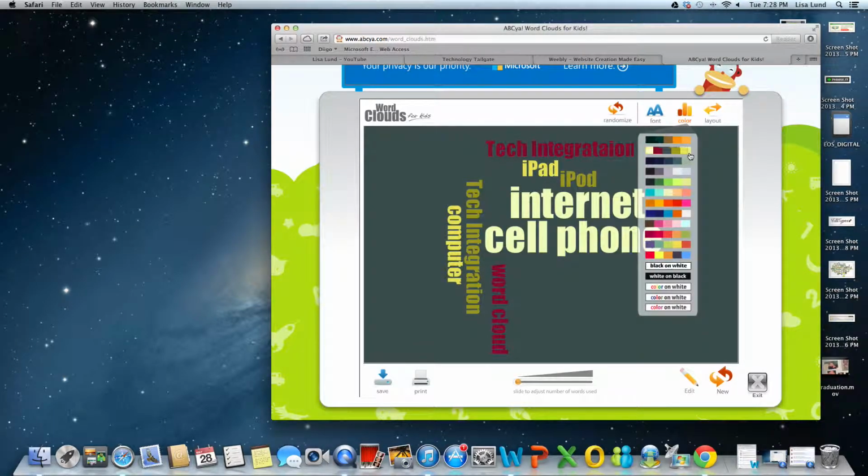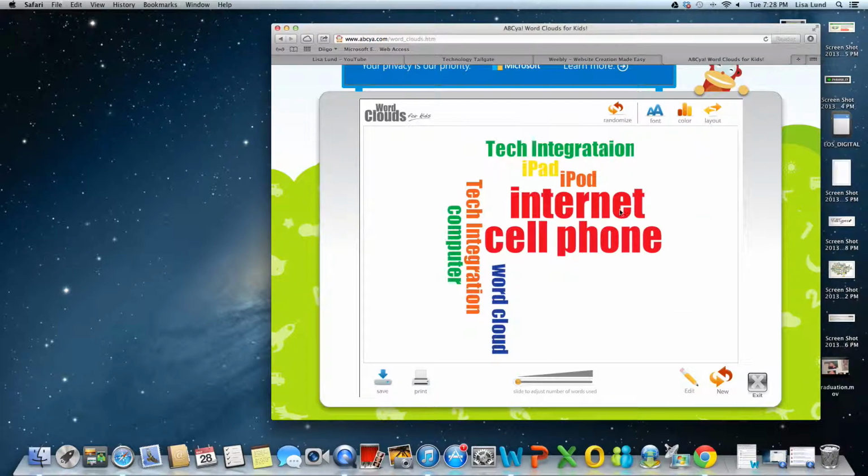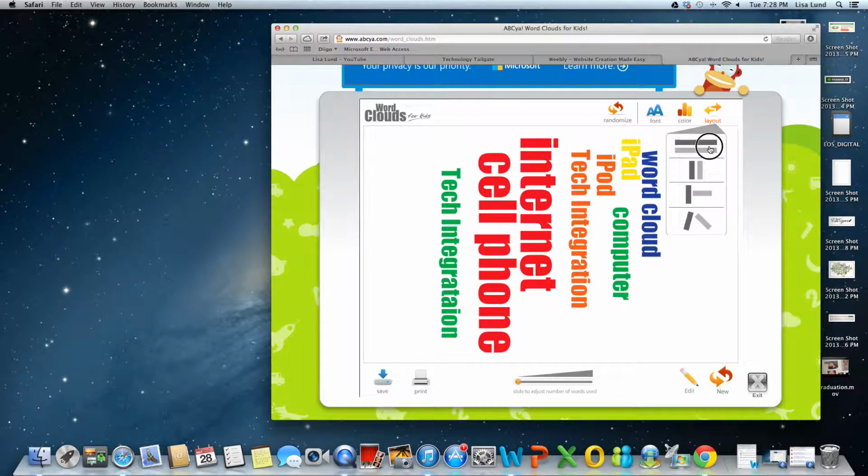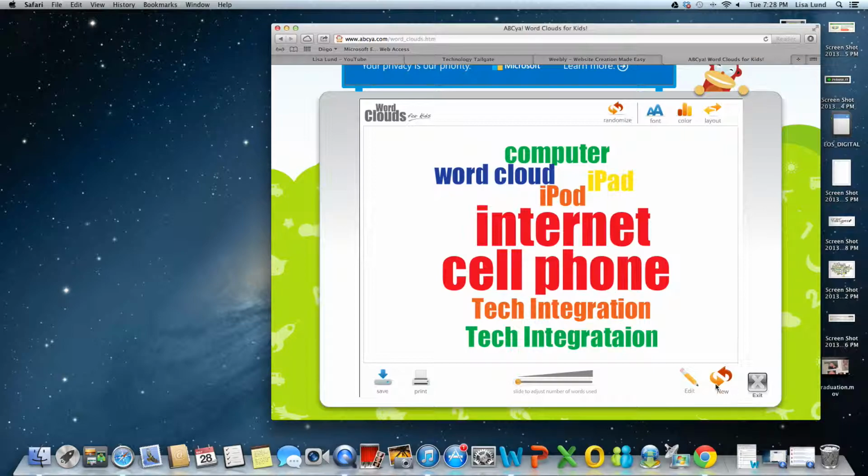And notice that I can scroll through there and see my colors and stop it when I want to. So lots of choices. I can do color on white as well. And again, if I want to change the layout so that it looks like this, then I can, or change it so it's like this. So however I want it to look. And then when I'm done and I feel like it's ready to go,